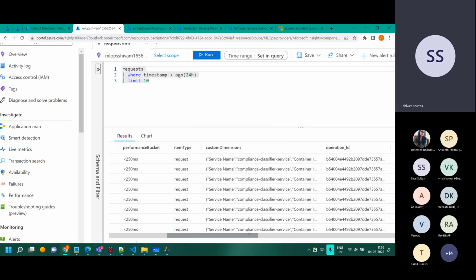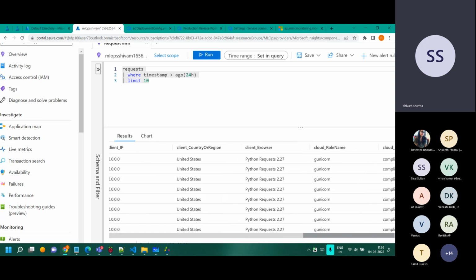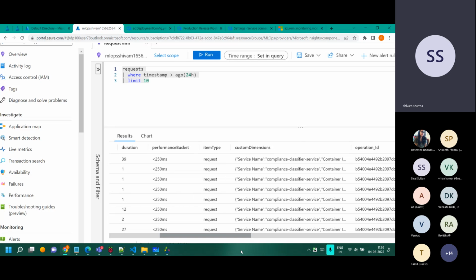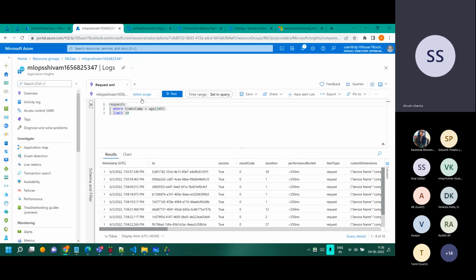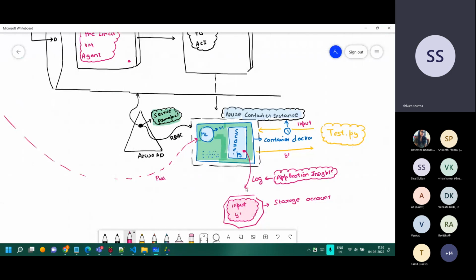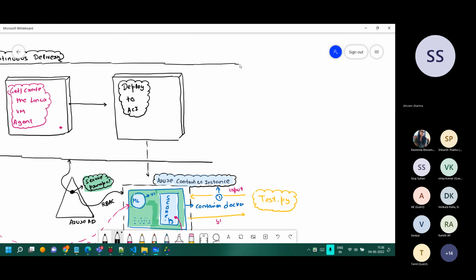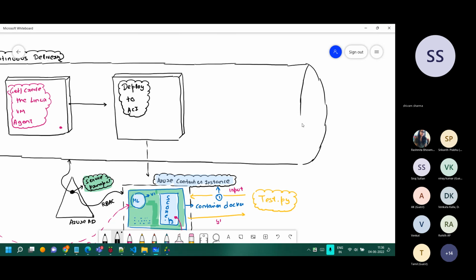A lot of information is getting logged. You can pick up the ones which you require more than the others. But finally, this is that step. Now, if everything is fine, we would like to take this to production also one day. And here I'll extend my pipeline and close my pipeline like this.